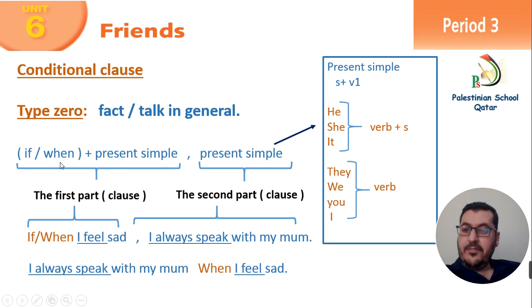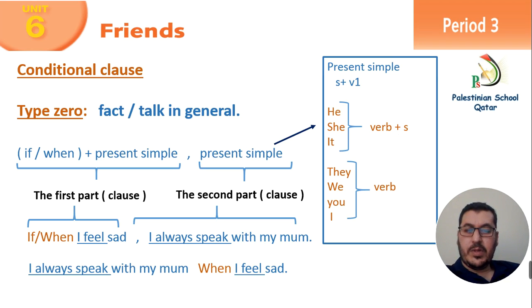So if, when, present simple, this is the first part, and after the comma we have the second part. After if or when we have present simple, and in the second part we have present simple. Present simple, the rule is subject plus verb 1. If we have he, she, it, we put the verb plus s. But when we have they, we, you, or I, the verb will be